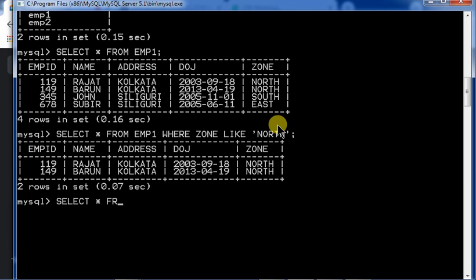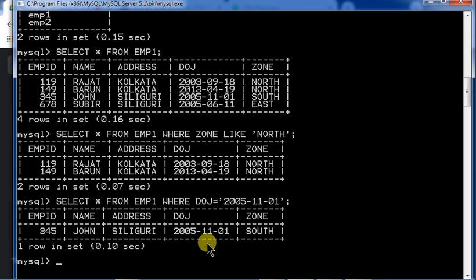Select star from EMP1 where DOJ, that is date of joining, is 2005-11-01. Clear? This is the way it is displayed. Only one person joined on 2005-11-01.